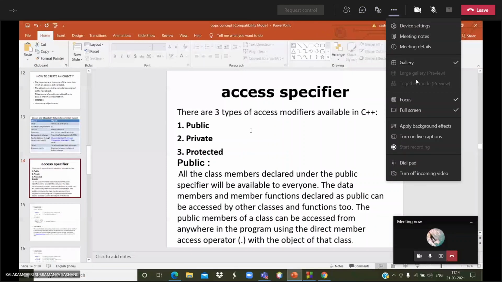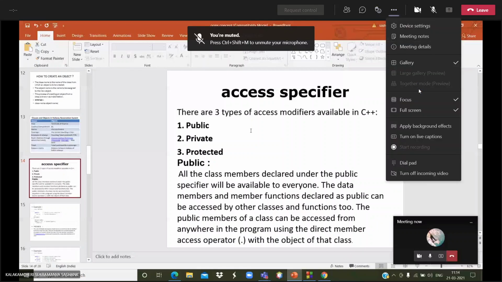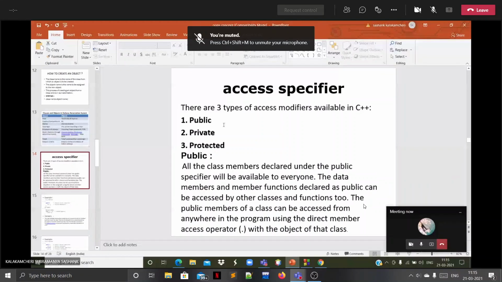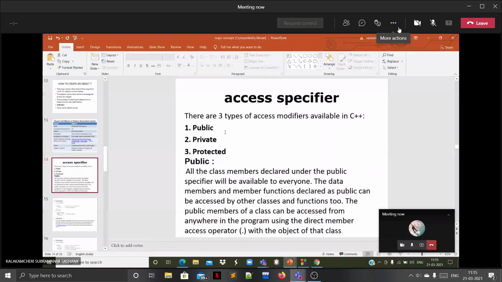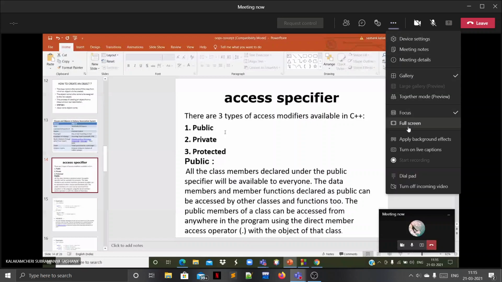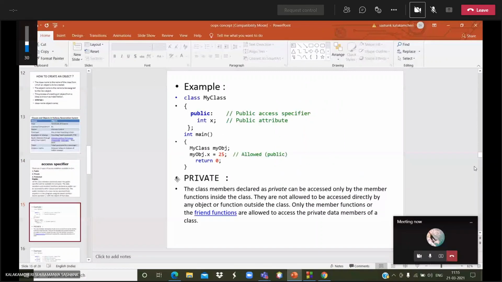We can access the member out of the class by assigning that private member to another function or anything. Then if you give the class member as protected mode, there is a slight difference between private and protected mode. If you give protected mode, we can access the member within the subclass. I mean, from the class and subclass we can derive. Suppose you give private mode, we can access it only up to the class.